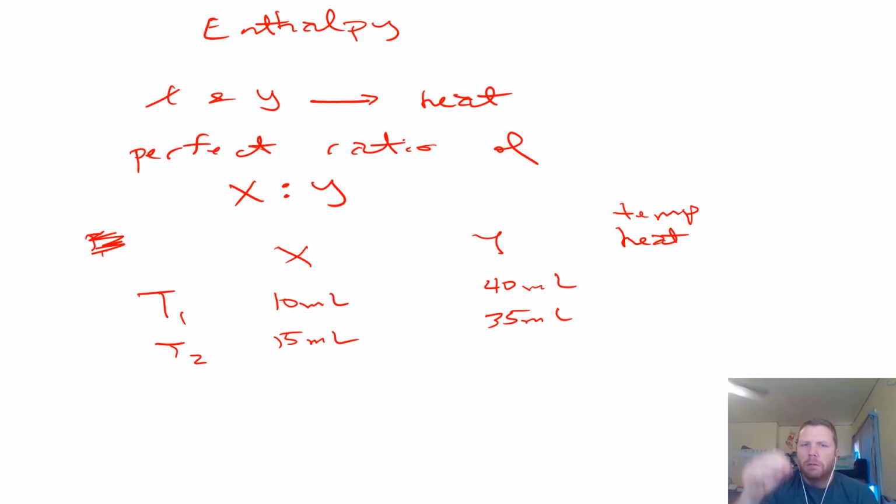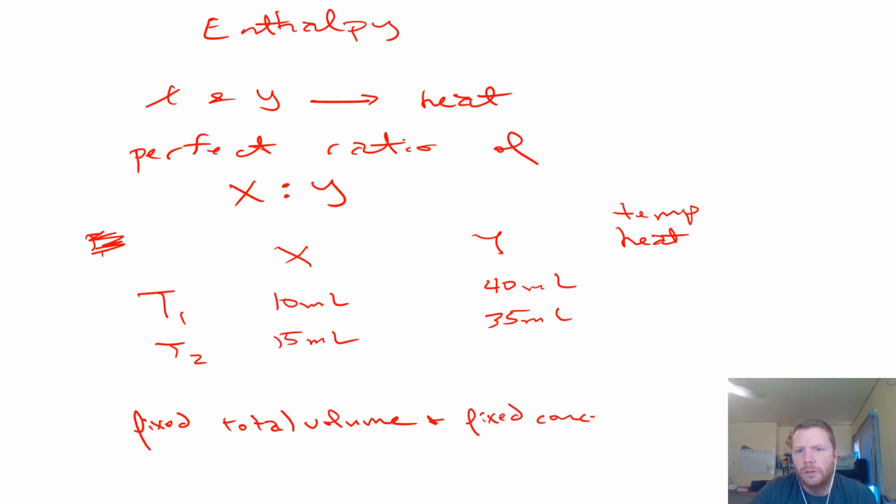Now, you'll go through a total of 4 trials that are described, and then you'll have to come up with your additional 4 trials to actually produce. And you'll be coming up with a graph for this, so just bear that in mind. One important thing you should take away from this is that we have a fixed volume. I'm going to write this out. We have a fixed total volume and fixed concentrations of solutions